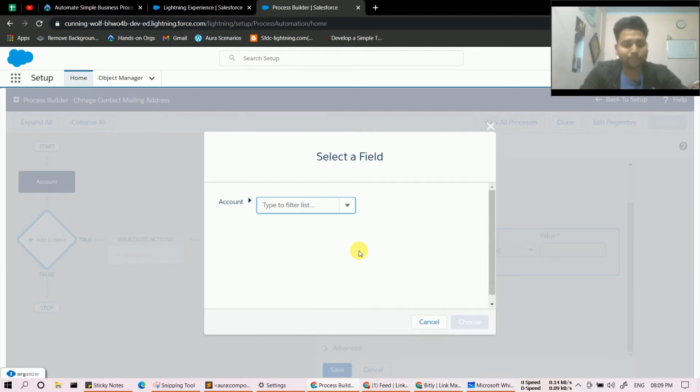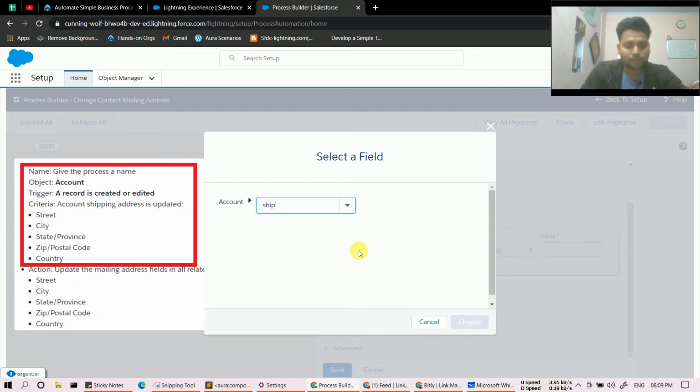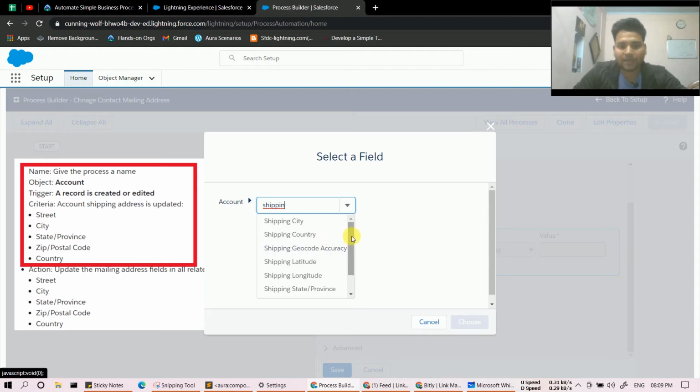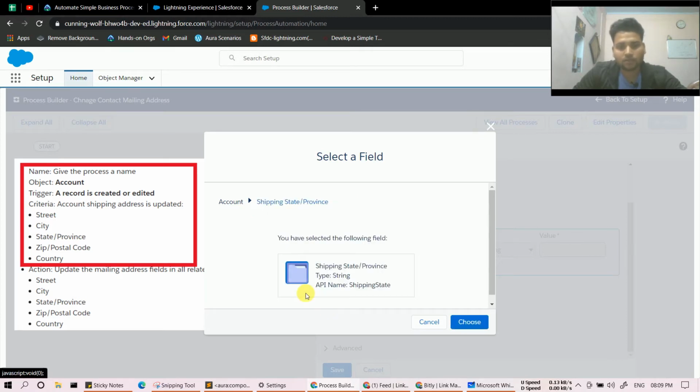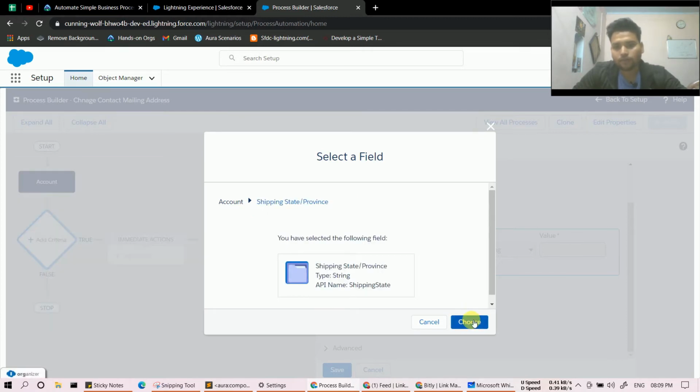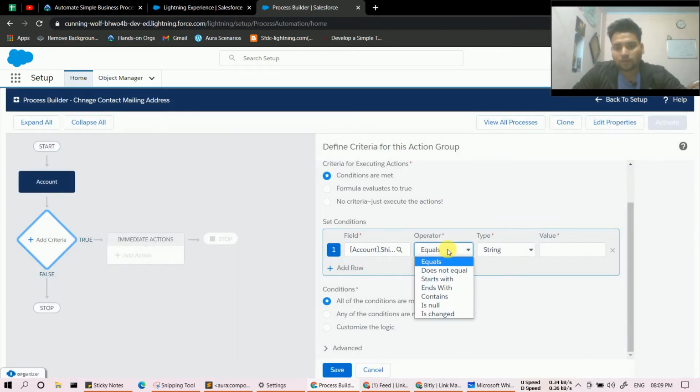So for that, type shipping. As per the challenge, we have 5 fields for shipping address. So let's say select street, choose. On operator you have to select is changed, because from is changed we came to know, okay, our account shipping street is changed.